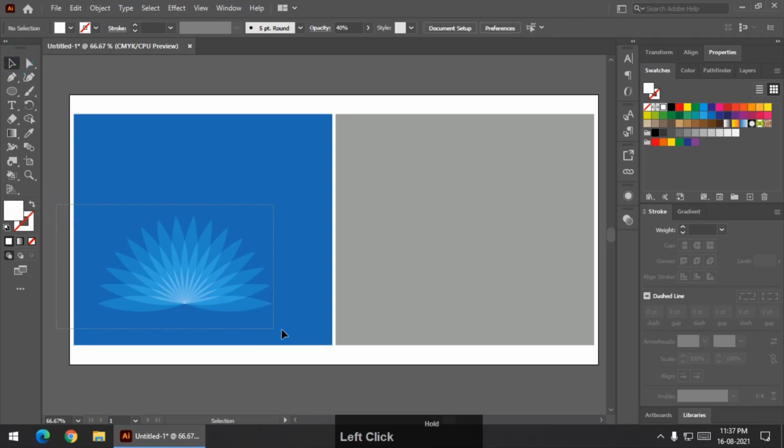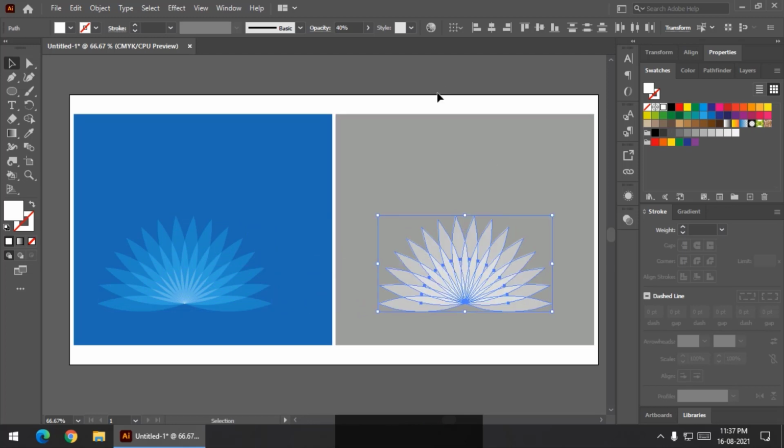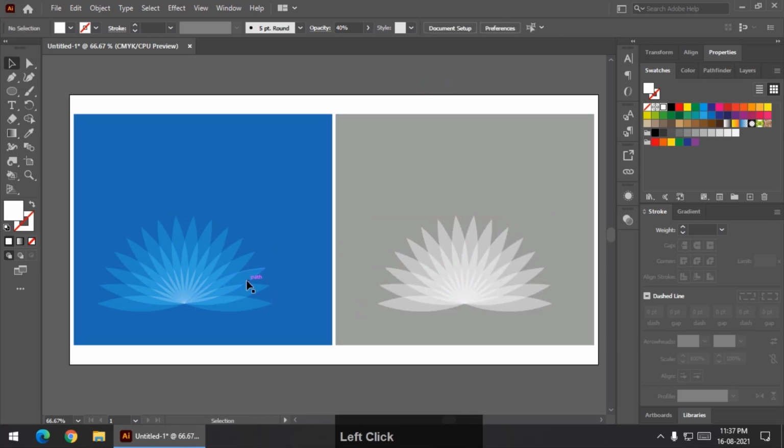Now I'm going to select this, deselect this one, and using the Alt key I'm going to copy this. Now as you can see, the shape itself doesn't have a particular color because of the properties that we have applied to it, which are transparency and the blending option that we have just changed. So the color changes according to the background. If we put it on a different background, the color is different. So we don't want that.